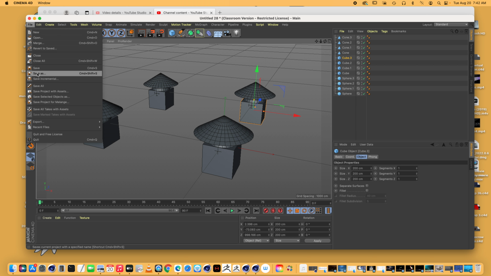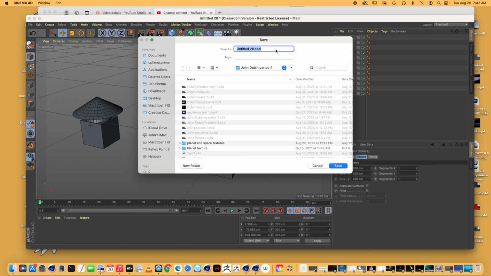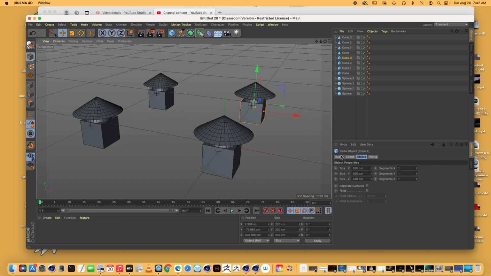So let's save this as, we'll call it practice step 1. Save it to your folder, and then you're good to go. And that ends